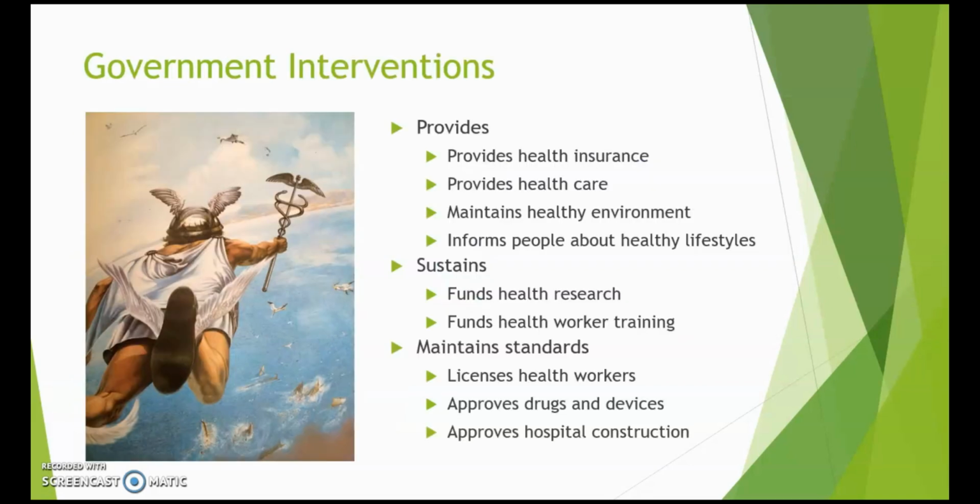Government interventions. The government provides health insurance, provides healthcare, maintains health environment, and informs people about healthy lifestyles. Okay, think about single-payer models, Medicaid, Medicare, and think about a CDC, for instance, when informing. The government funds health research and health worker training. Finally, the government and government institutions maintain standards, licenses health workers, approves drugs and devices, and finally approves hospital constructions